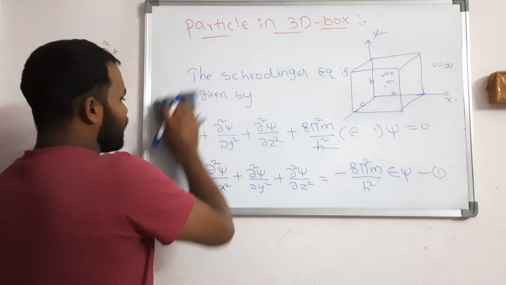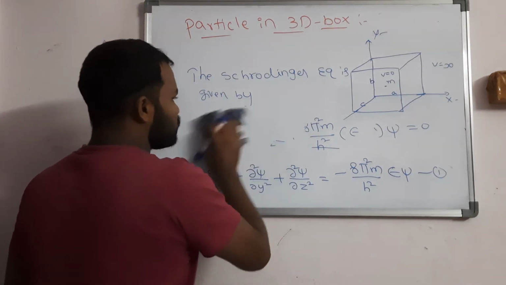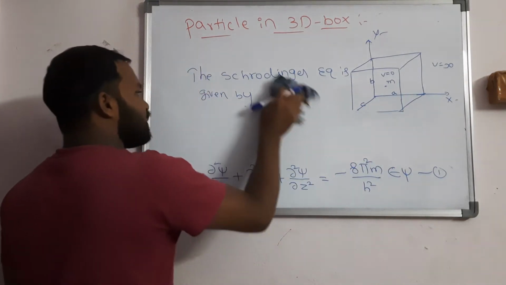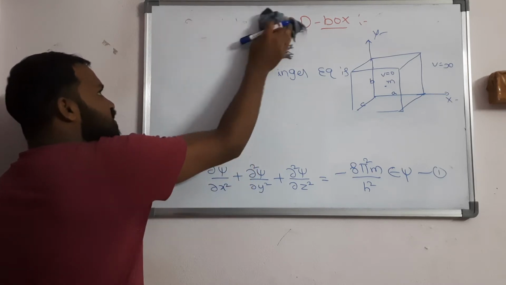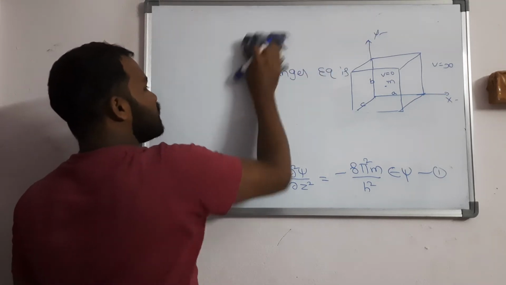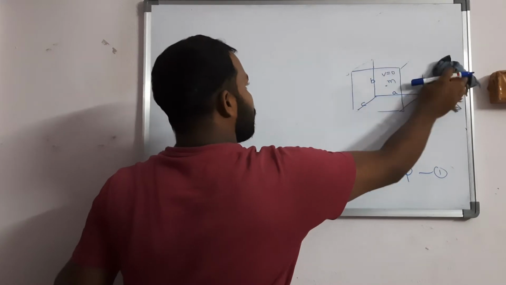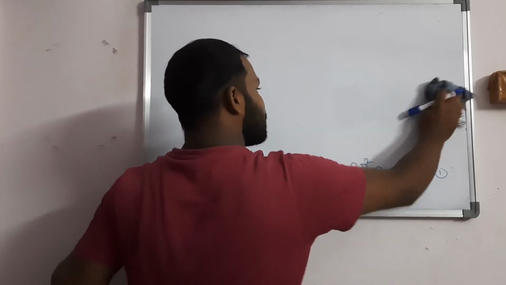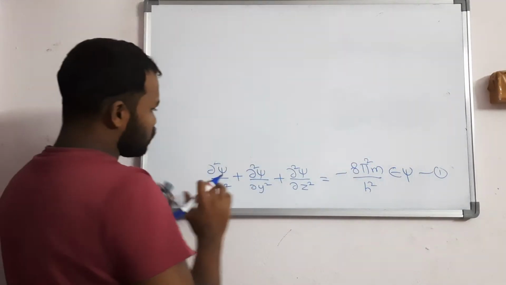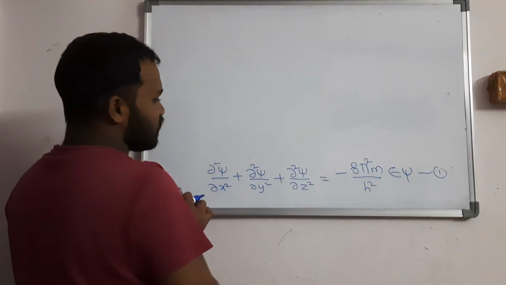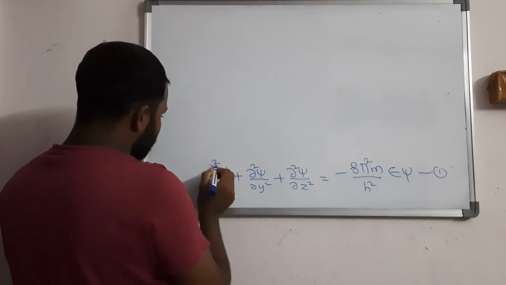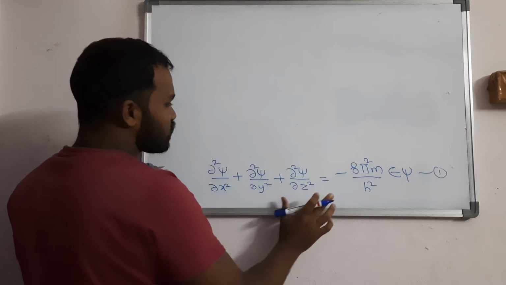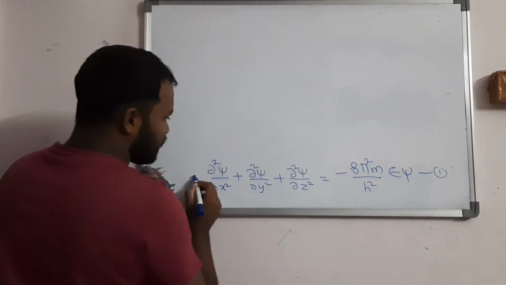So next, this is particle inside the box, because already we know that particle outside the box, potential is infinity. That means there is no probability of finding the electron. That means psi square is 0. After writing this equation, dou square psi by dou x square plus dou square psi by dou y square, this is the Schrodinger equation you take.